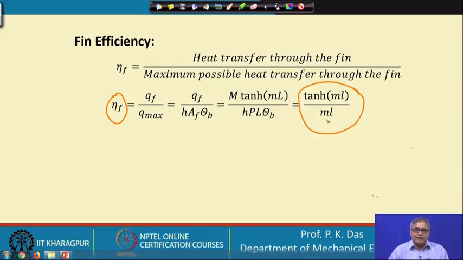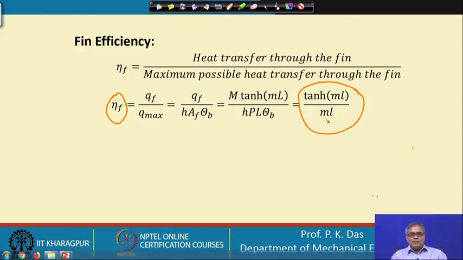I am not going back, but there is m, which was defined in the previous slide. It is a design parameter, a thermogeometric parameter of the fin, which is very important for fin design, and L is the length of the fin. So, with this we get the efficiency of the fin. We can tell by adding the fin how much is the gain, and we can compare between two fin designs. But at the same time, once we know the fin efficiency, the fin area can be multiplied with this fin efficiency.